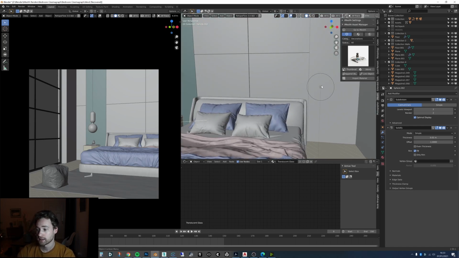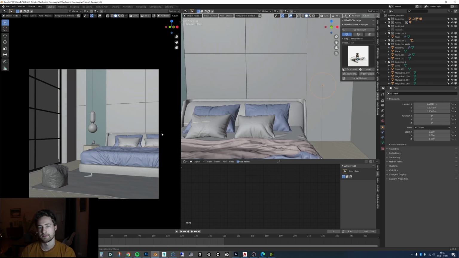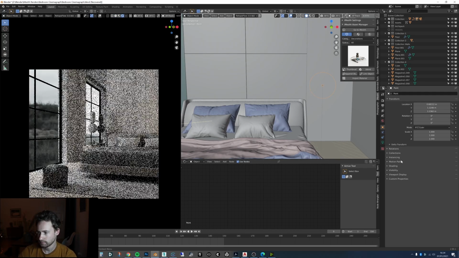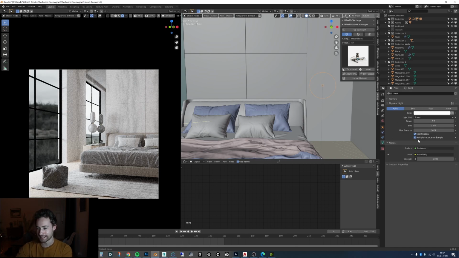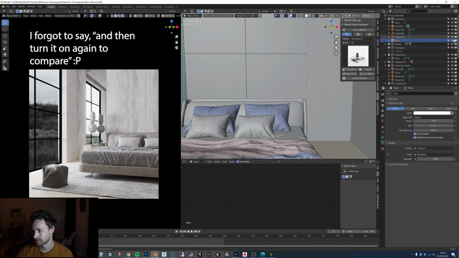I actually added another light here, which was just going to add some nice light in from the side. Actually, in my last video, people had so many comments telling me that I can turn off lights in the outliner, and that is fair. You can turn it off, and I was saying that you can't turn it off here, which would be very ideal. My argument was that if you can instance loads of lights, and if there was an off button, if you turn it off there, then it can turn off all the instances too. That'd be really cool, but I can turn it off in the outliner, so let's just do that here.